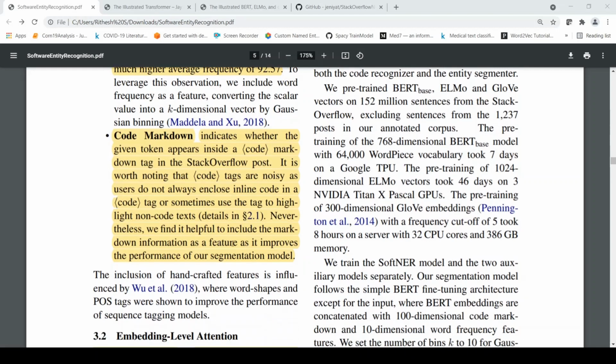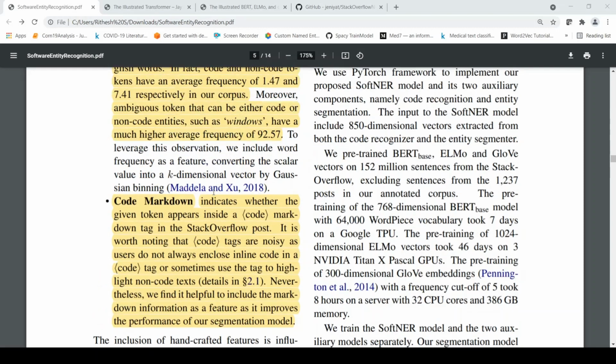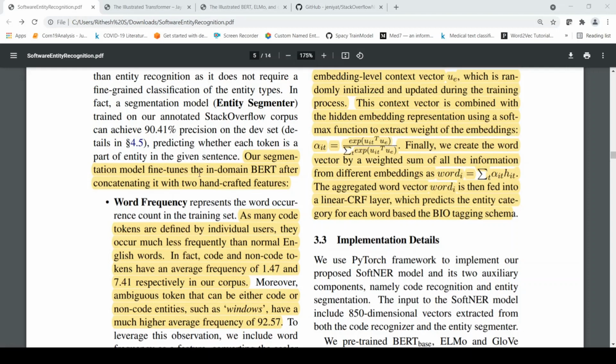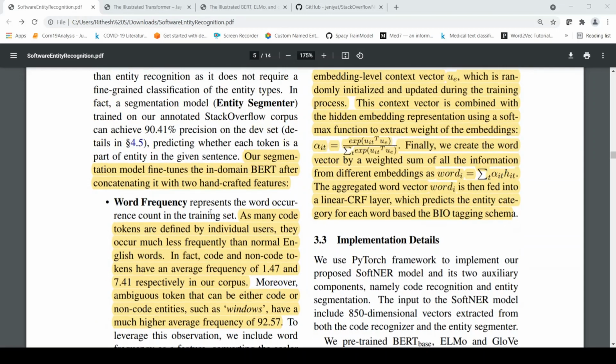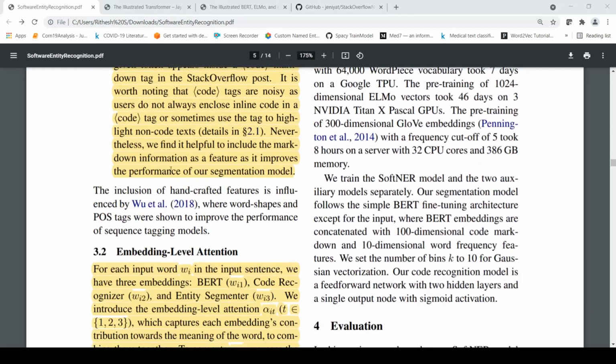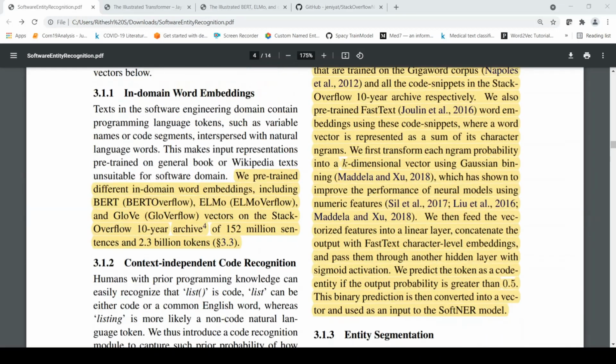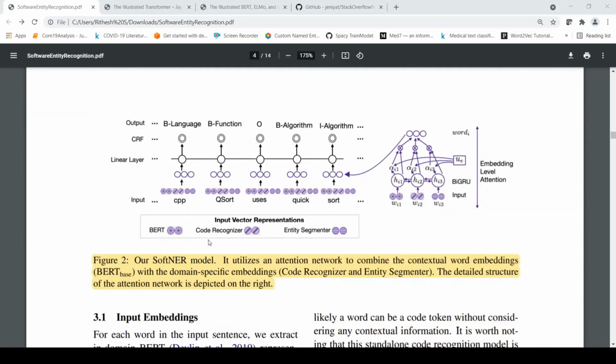They say they include it because it is useful as a feature. So the entity segmenter is BERT fine-tuning with additional features of word frequency and code markdown, passed to a simple classifier for entity segmentation. Now you have an idea of the code recognizer and entity segmenter. In simple terms, the code recognizer decides whether a word is part of code or not, and the entity segmenter decides whether a word is part of an entity segment. BERT is the standard BERT embedding, trained in-domain on software text.